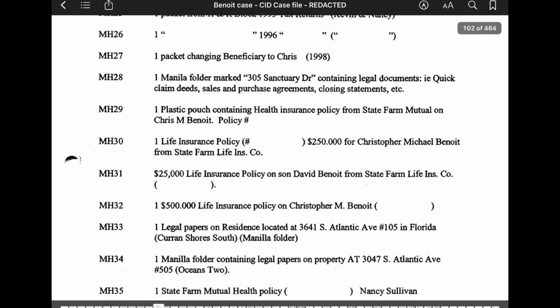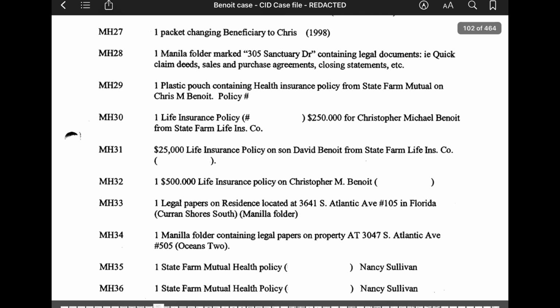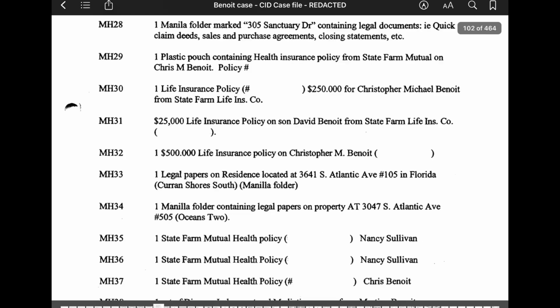$25,000 life insurance policy on son David Benoit from State Farm Life Insurance Company. 1 $500 life insurance policy on Christopher M. Benoit. And again, I'm thinking that's really low, and we have the decimal typo again, so I'm thinking maybe $5,000 or $500,000. 1 legal papers on residence located at 3641 South Atlantic Avenue, number 105 in Florida, Current Shores South,